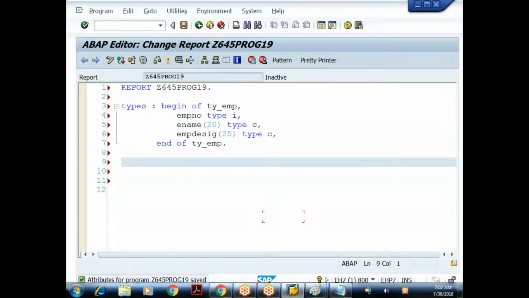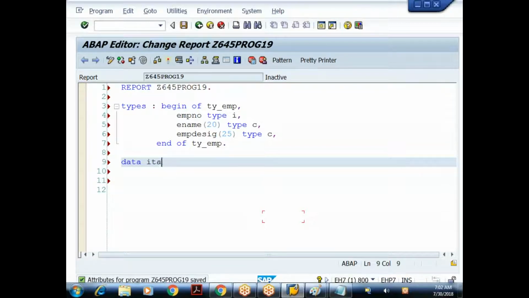So how do you create the internal table with header? Just like the work area, for an internal table also we use the DATA keyword. Generally you'll start the internal table name with T_, or LT_, or GT_, or in some projects with ITAB.